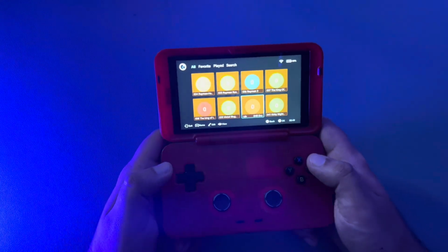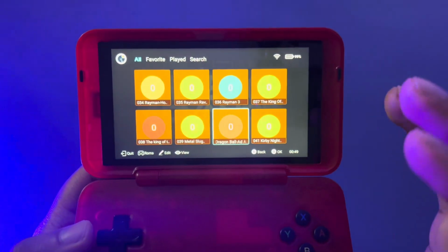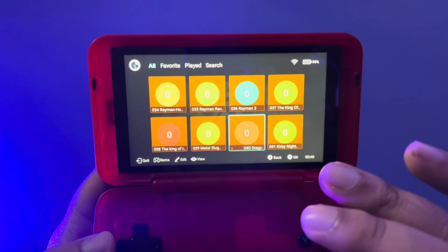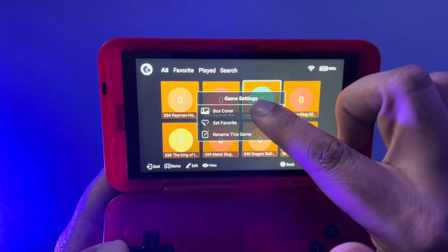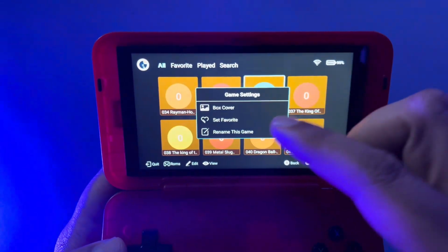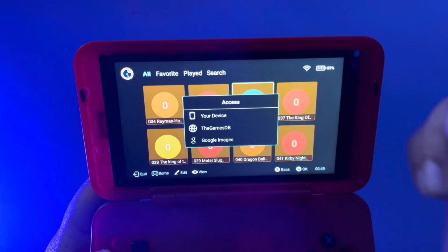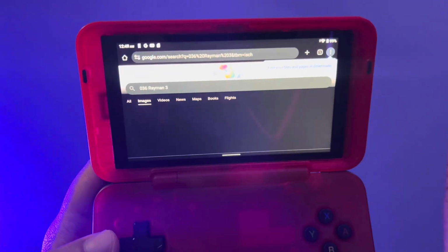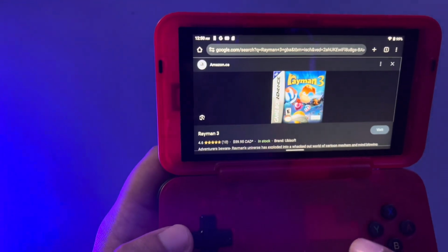So here we are in the menu where you can select all the games and stuff from. As you can see, I don't have all of the images for the games. There is a quick way you can do this. All you have to do is press on the game that you want, and select box cover, and you can either select it from your device if you've got it saved there, which I don't, or you can go to Google Images and select it from there. As you can see, the one that I want is here, so I'll select on that,